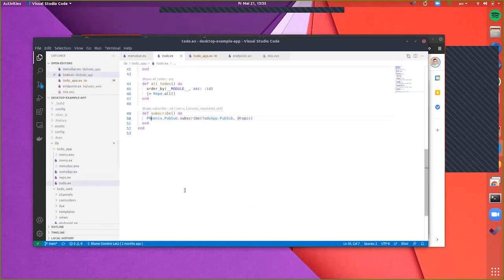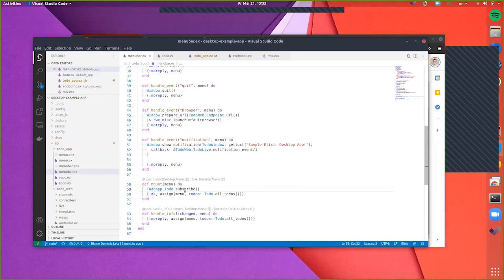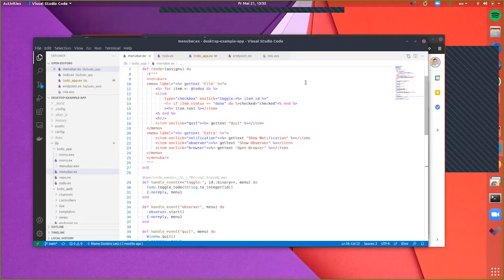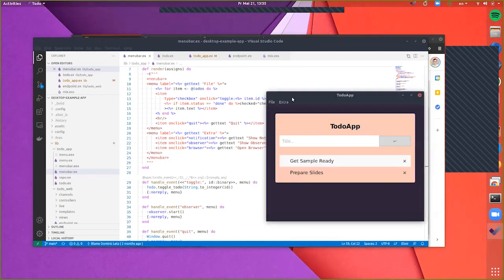And I can jump here, which is just subscribing to a Phoenix PubSub. So again, riding the tide of all of that infrastructure, but having added here the layers to make a native menu bar look like it's a LiveView, without needing to know anything about all this desktop fuss.